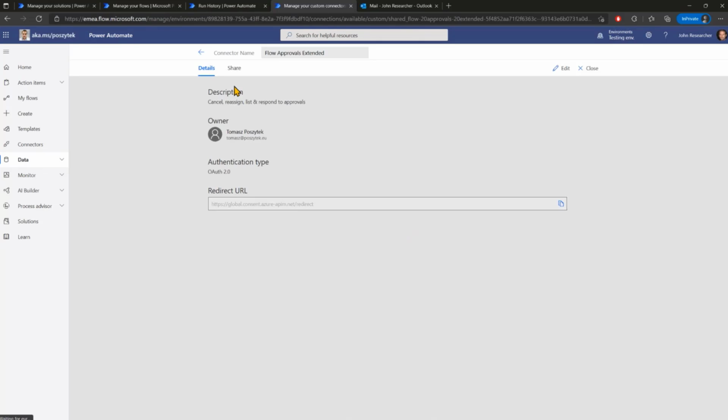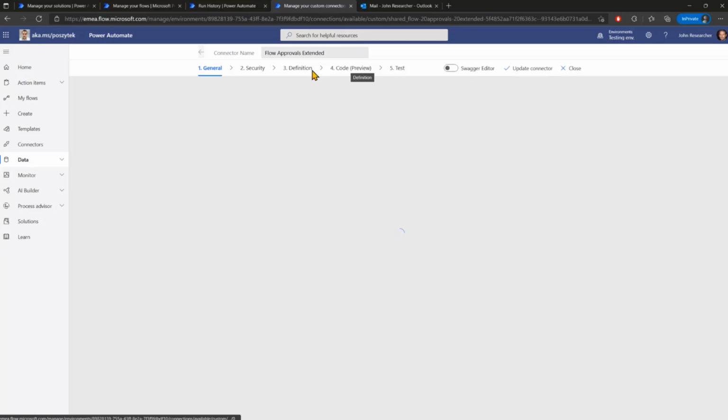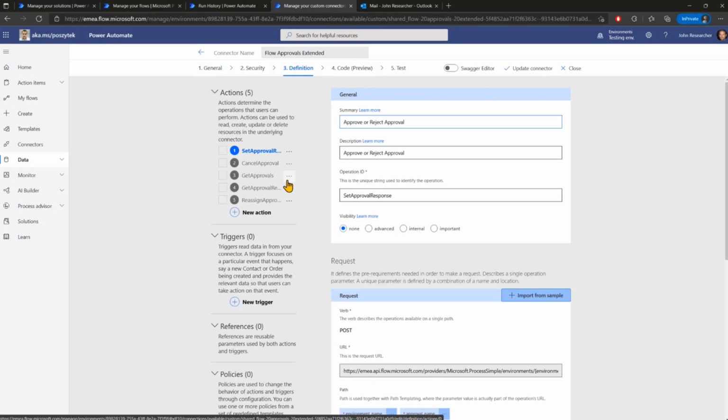It's called the Flow Approvals Extended, and it has like 3 actions or 4 actions, or even 5. So it can allow you to complete the task with approval response, cancel, get list of approvals, get list approval requests, and reassign a task. So those are the endpoints that this custom connector contains and actions that we can use in Power Automate.